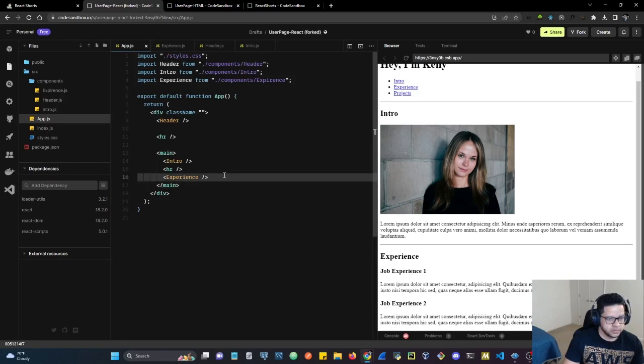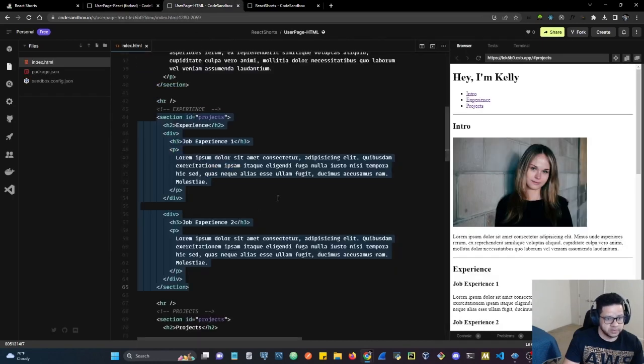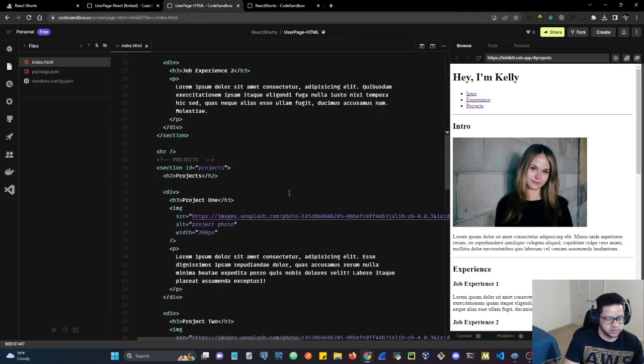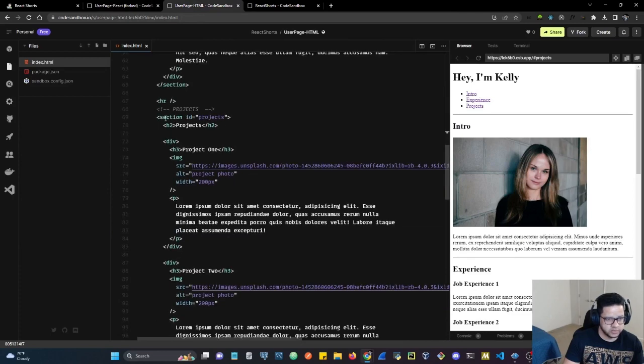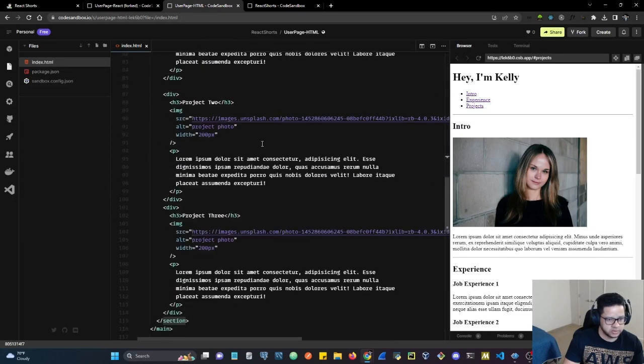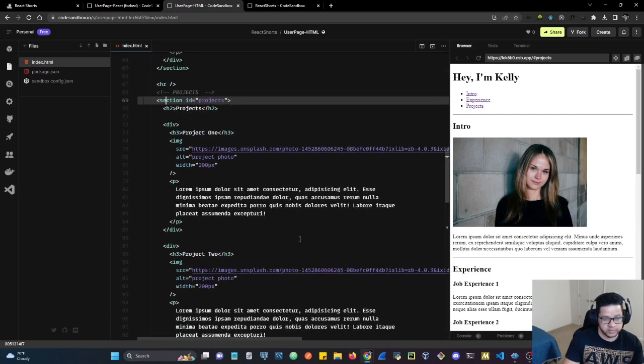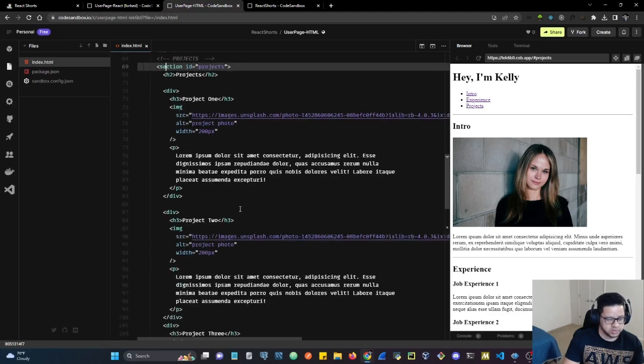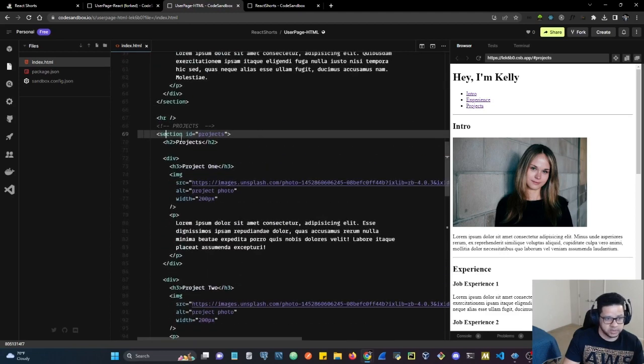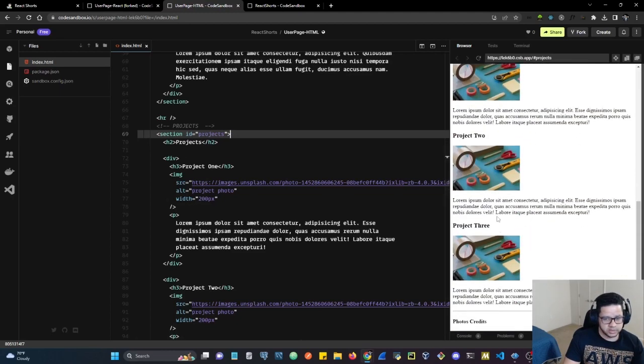Cool. So far so good. Let's go back to the HTML, and the last section we have is the section for the projects. This is the biggest section we have right now. We're just going to copy the same, so everything, the whole section. Later we can break down this section, each project, into a smaller component. For now, let's just keep it in one big section so we can create the same page in the React